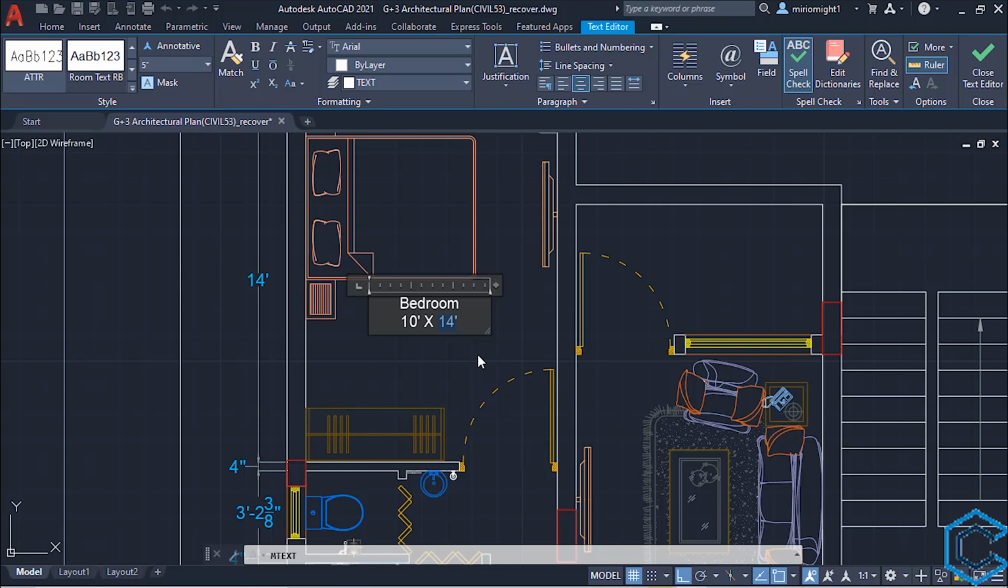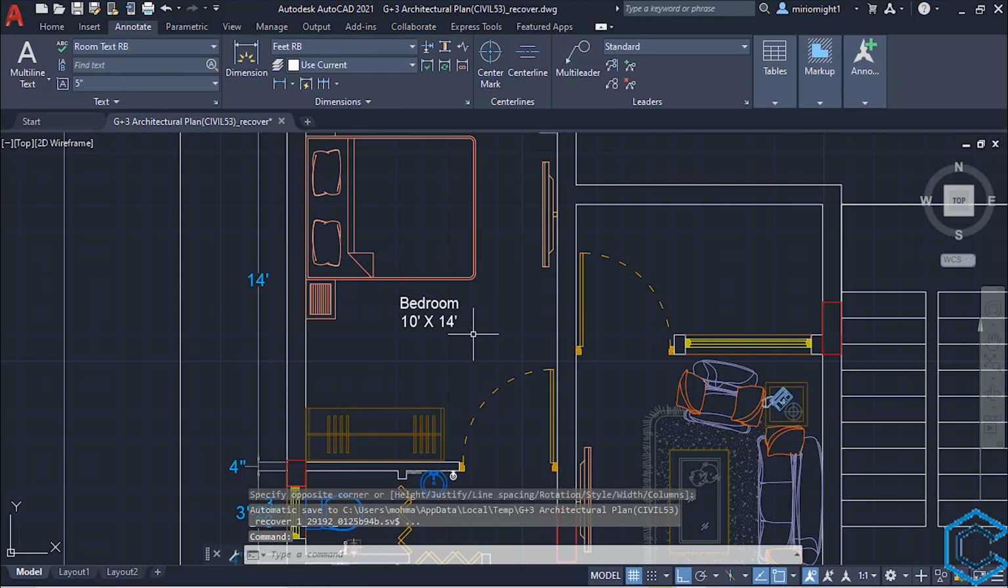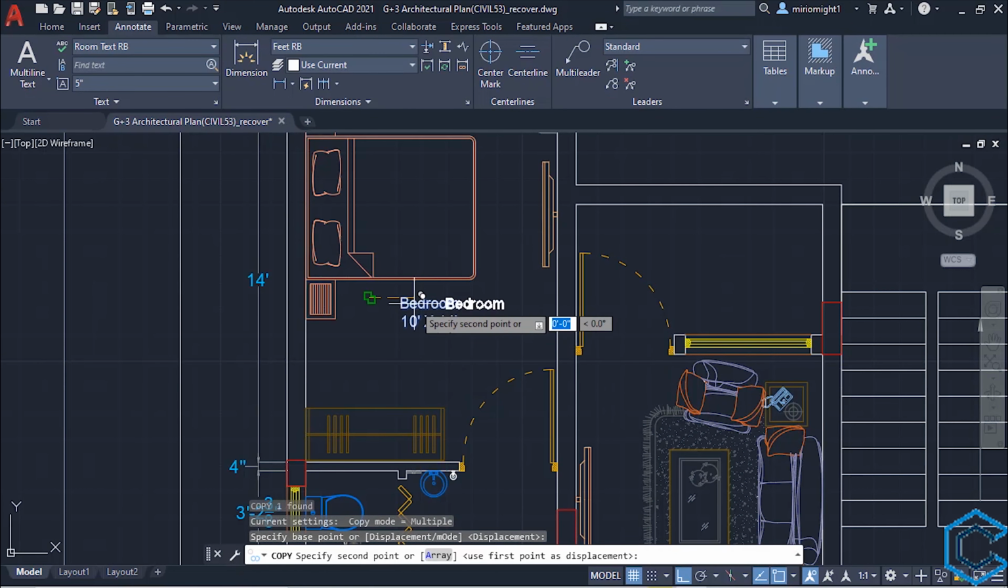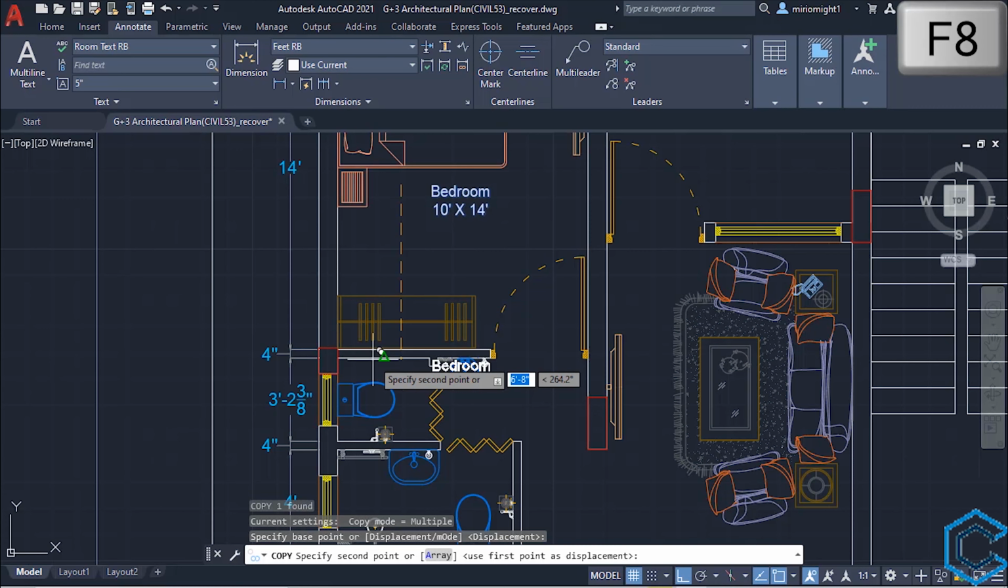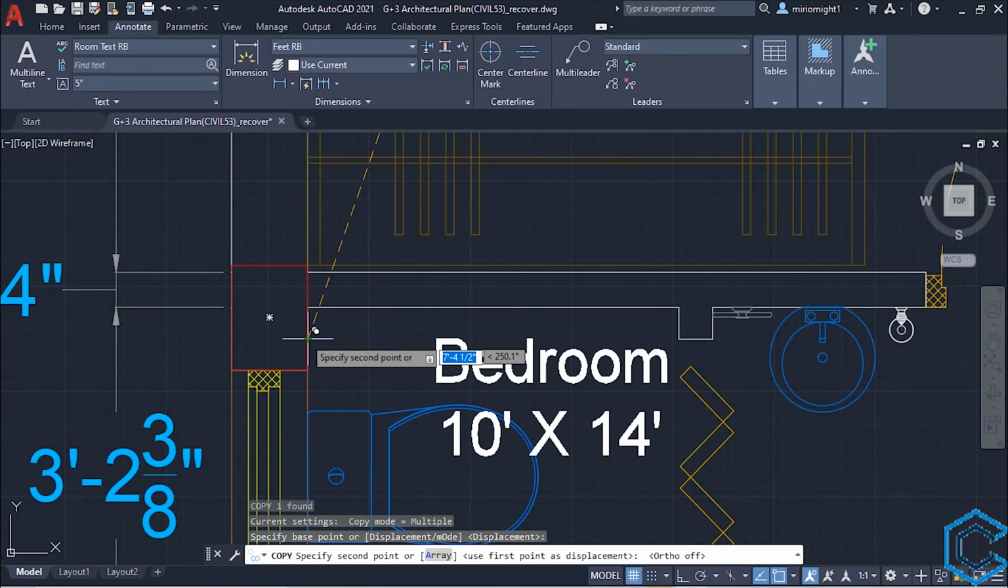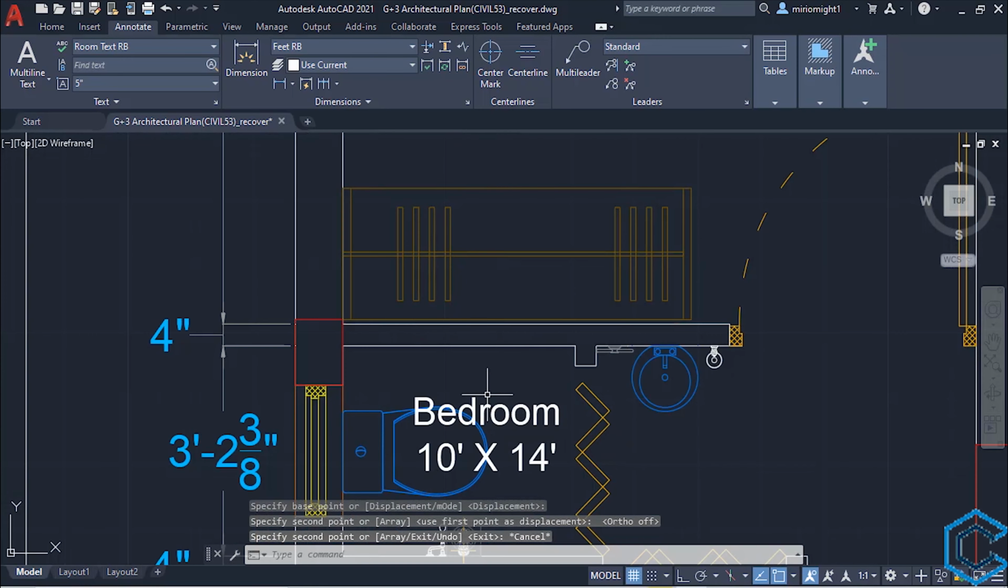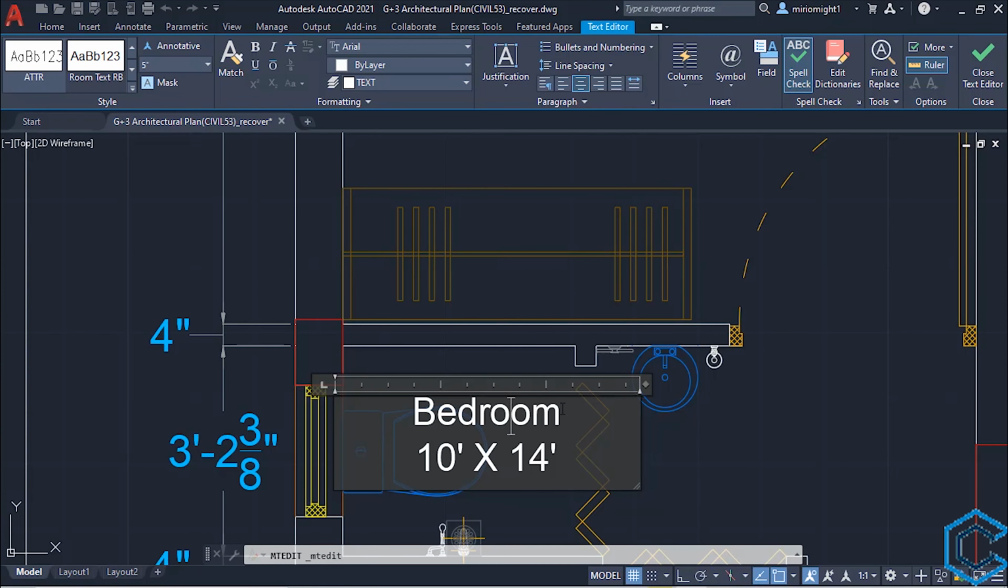Now click outside the box. Copy it to the WC, select, type CO, enter, paste point, left click, turn off ortho mode. Now press escape, double click, name it WC,